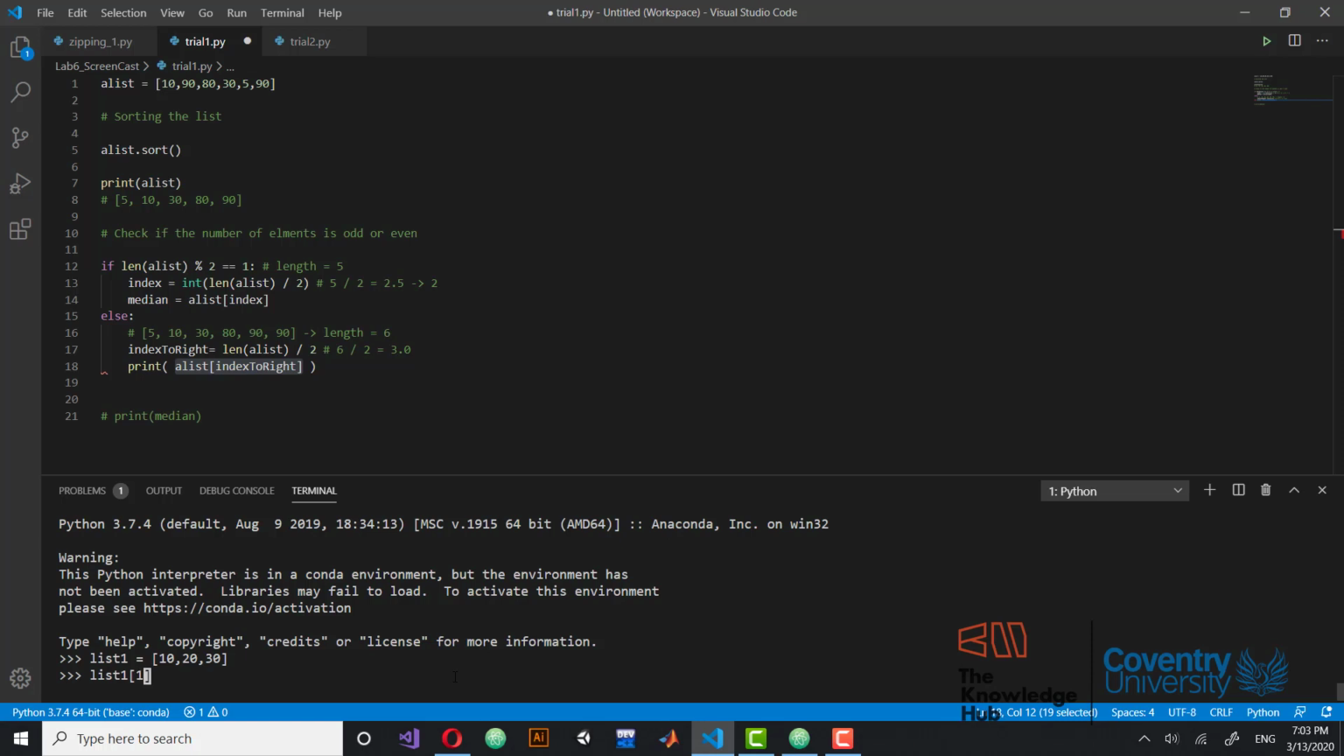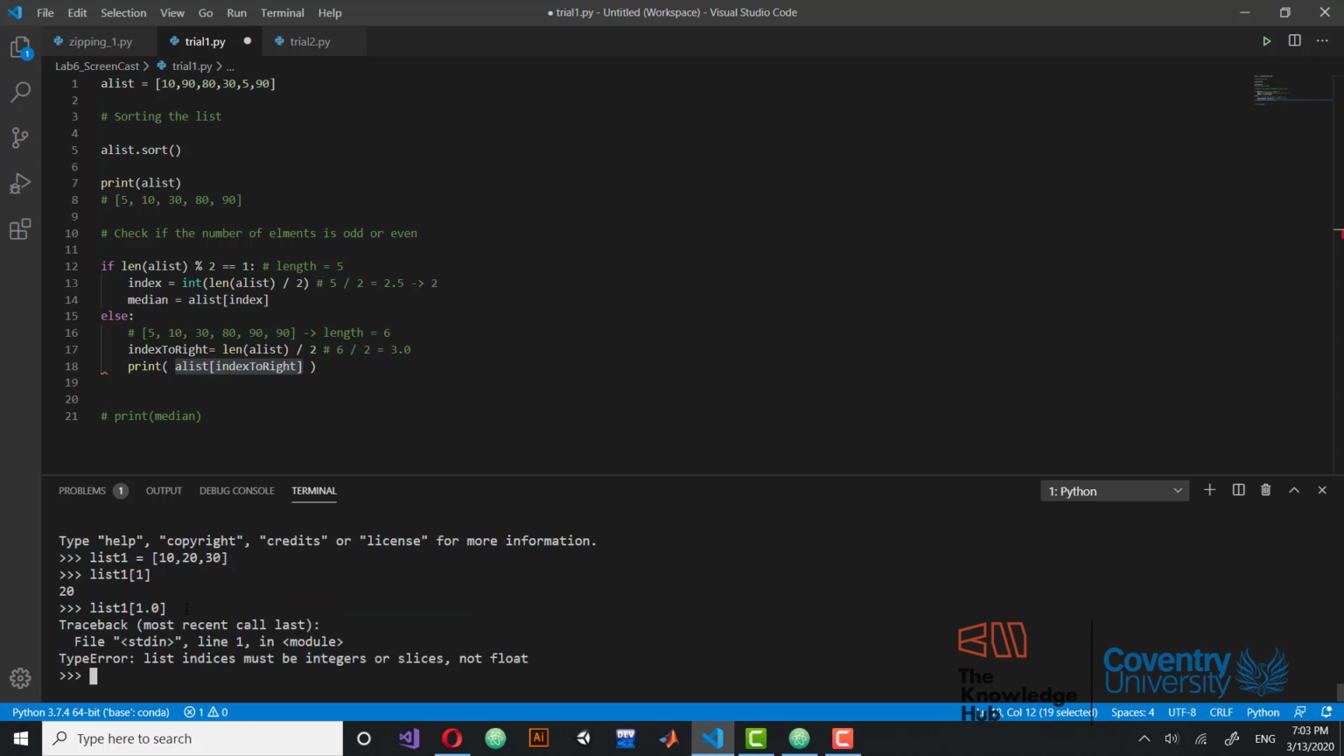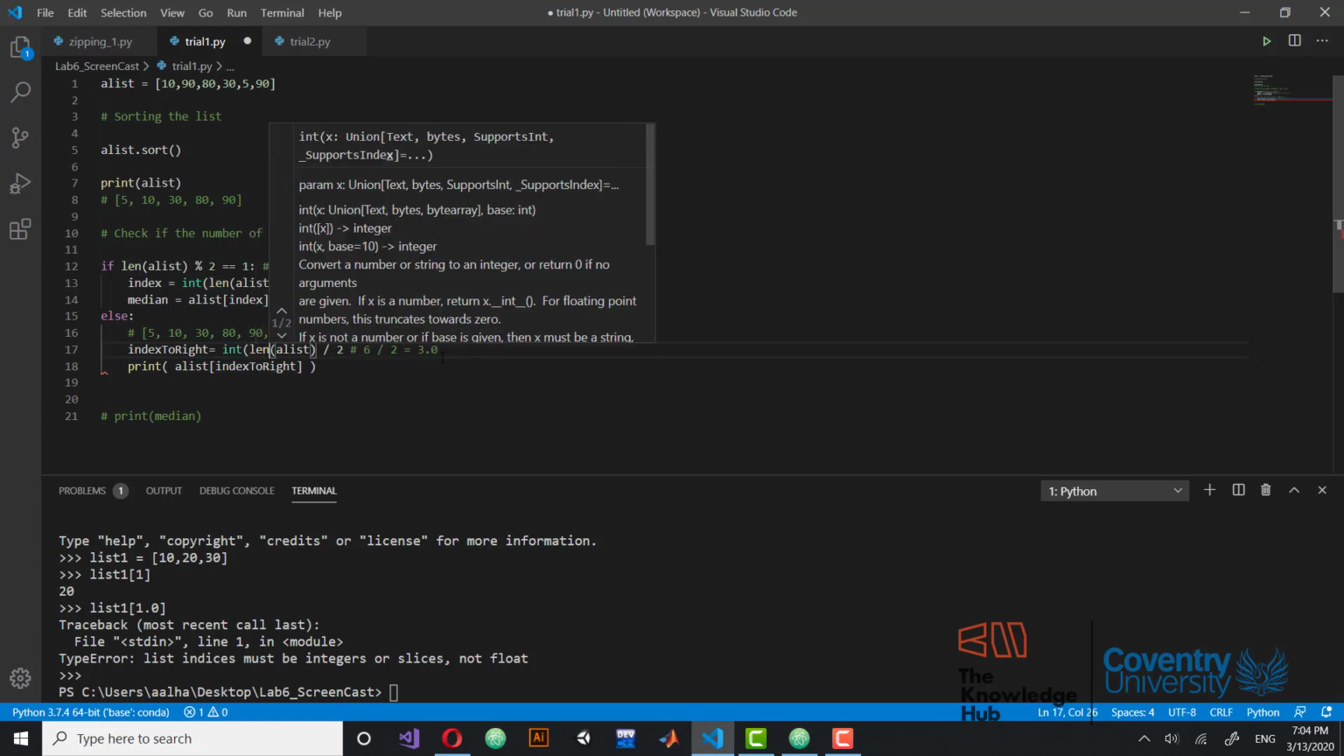Or let's say the next one, which is 1. This is going to give you 20, right? You can't give it 1.0. This is not acceptable. Indices in all programming languages need to be integers. They cannot be floats, even if the float has a 0.0 fraction part. Okay, so you're going to find yourself in need of the integer casting again